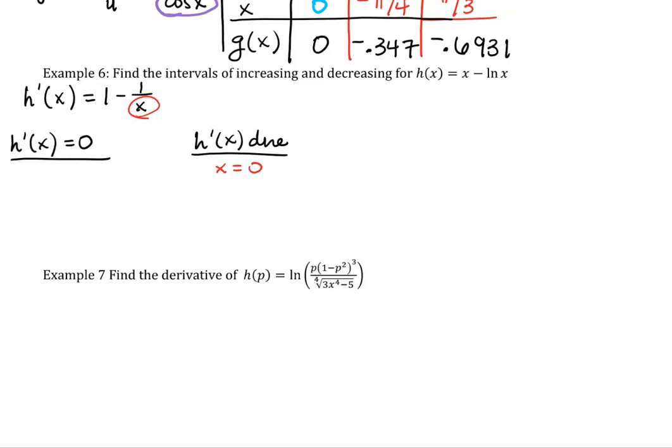And I'll say something else about that in a second. Let's see where the derivative is equal to 0. I'm going to set 1 minus 1 over x equal to 0. Add 1 over x to both sides. I get 1 is equal to 1 over x. And then we can multiply both sides by x to see that x is equal to 1. So we have